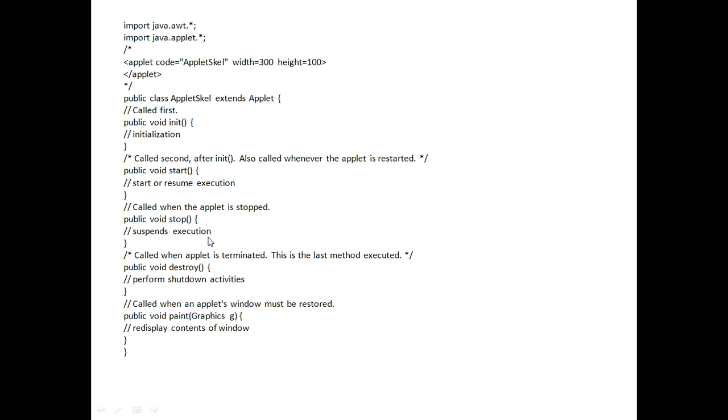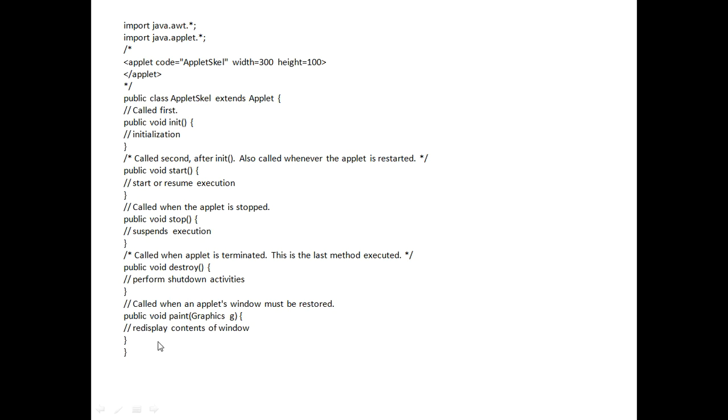Then we have stop, which suspends the execution. When you call the stop method of the applet, whatever the applet is running, it stops or suspends the execution. Then destroy, when you want to terminate the applet and perform some shutdown activities, you can do it within destroy.